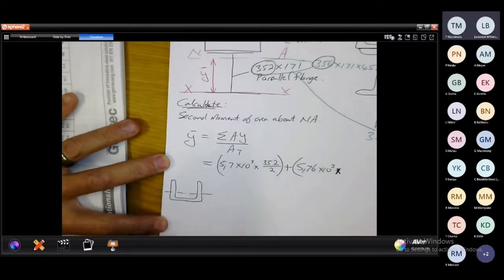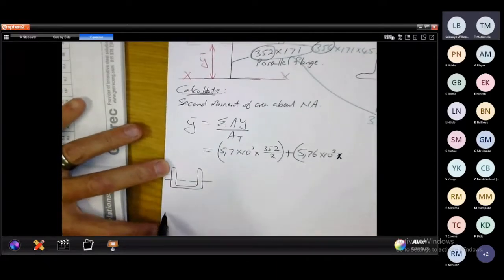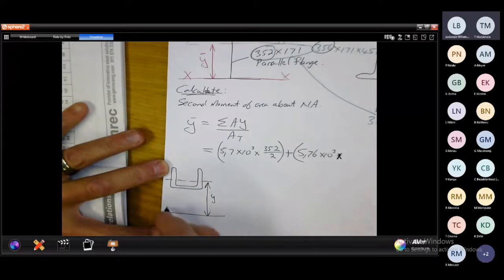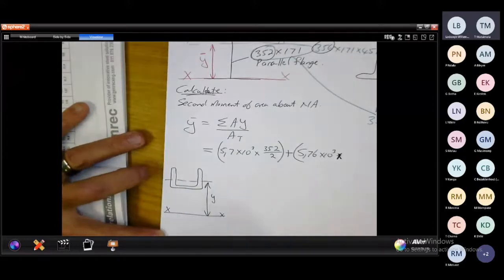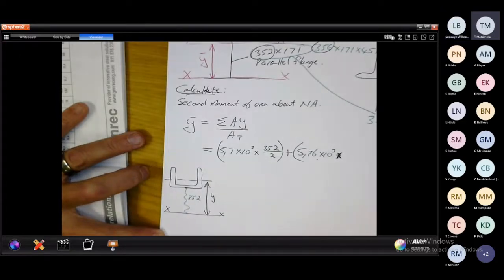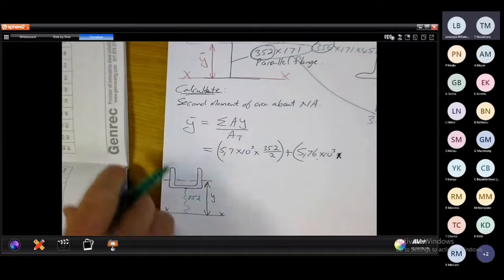There is his centroid. We're working from here. We want to know what this distance is. That is my y from the bottom. But I'm looking for this one now. From here to that point there is 352. That we know. If you check in your book,